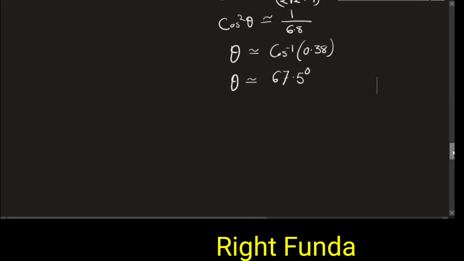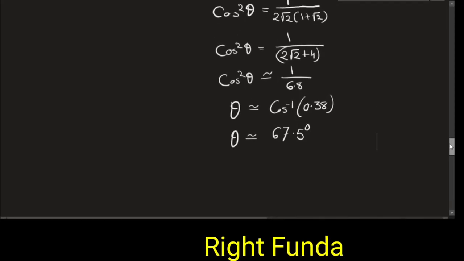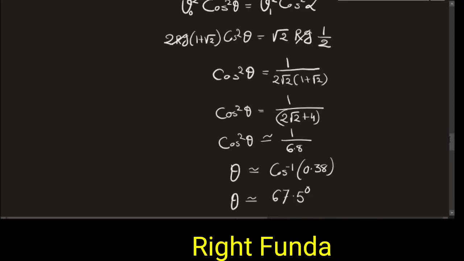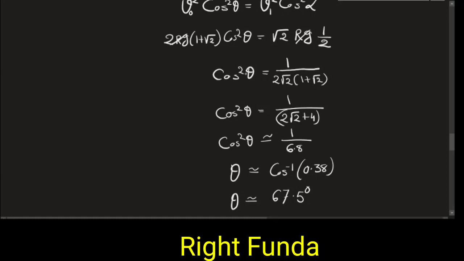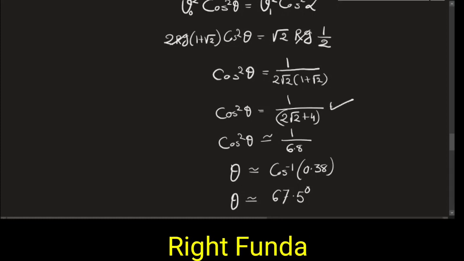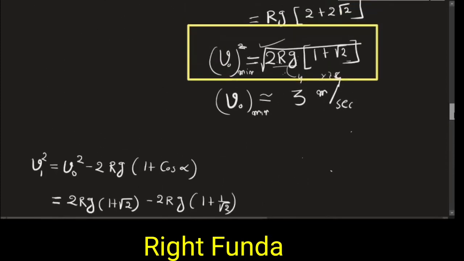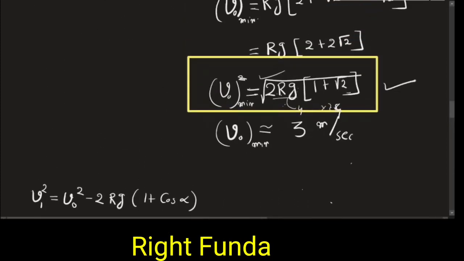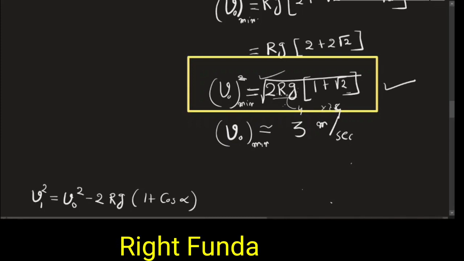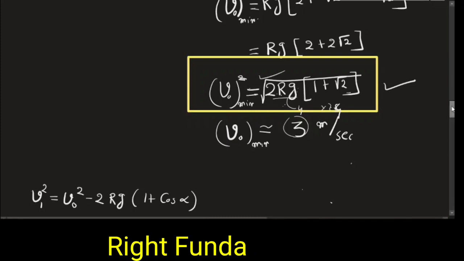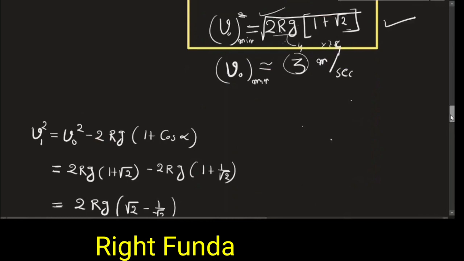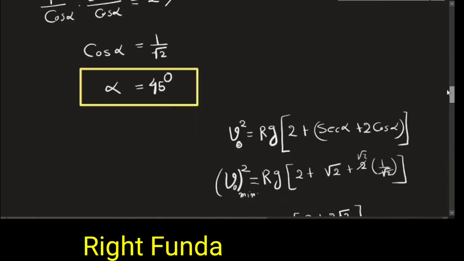So we saw that to cross it, the minimum angle of projection should satisfy cos square theta equal to this one. This is the relation. This much angle has to be there, and the minimum speed of projection is this one. For a given value of r, we can calculate this angle for this particular problem. So a lot of things can be asked in this question.